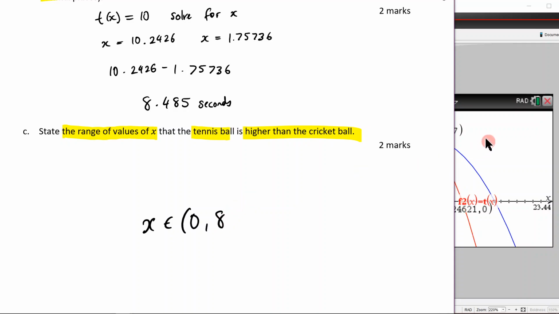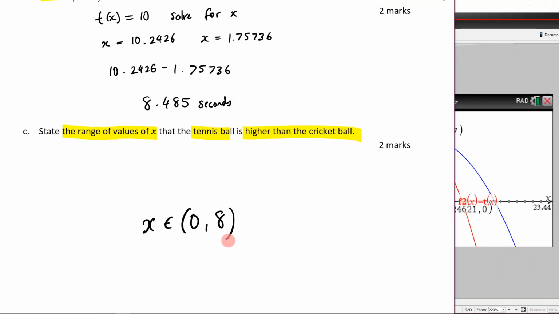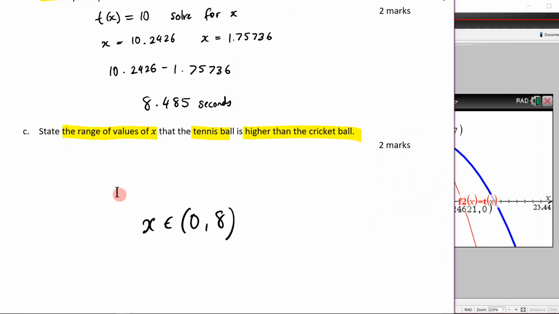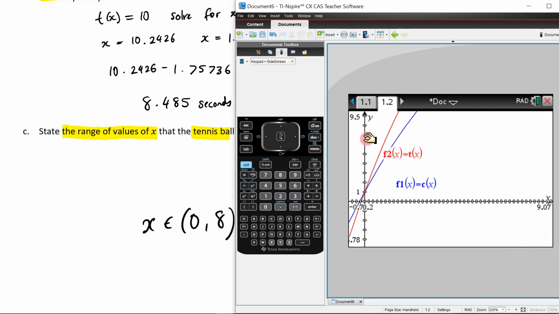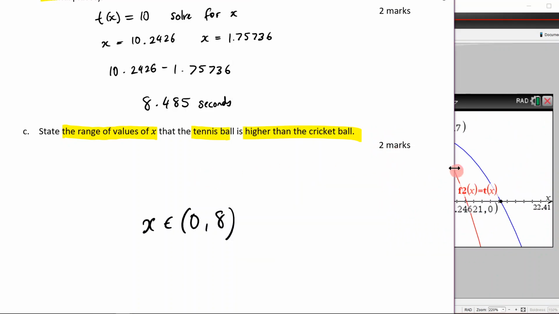That is higher than it. So that means because it's higher, we're not going to include it. We're going to go from 0 to 8, but not including 8, because at 8 they're the same height. So that means you wouldn't include 8 there. And at 0 they're also the same height. They're both there. Now it says 2 marks, so we're going to have to provide a line of working just